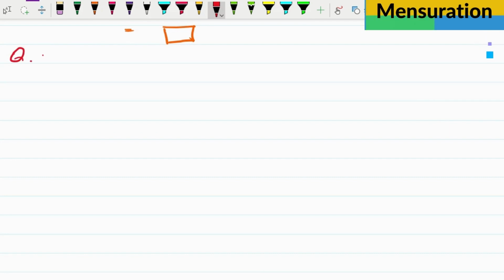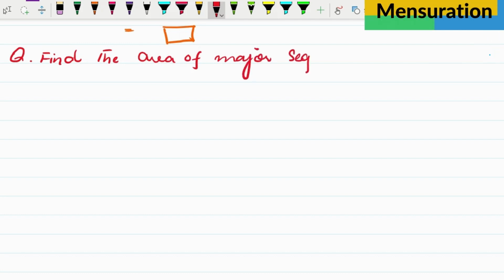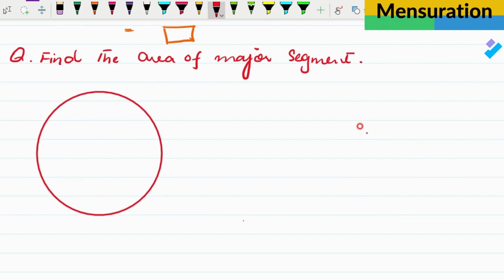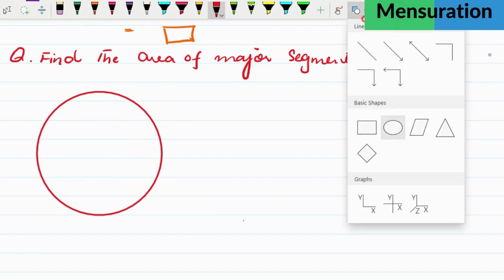Question says, find the area of major segment. As we just understand all about the major segment, so we can easily calculate it. Here is a diagram. It must be given to you. So we just need to